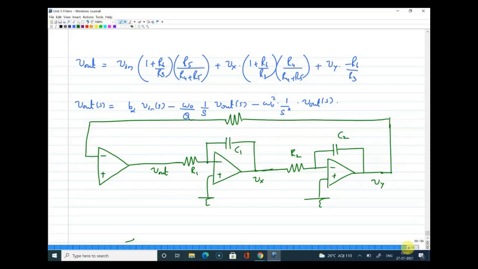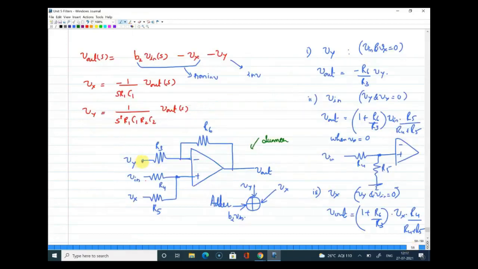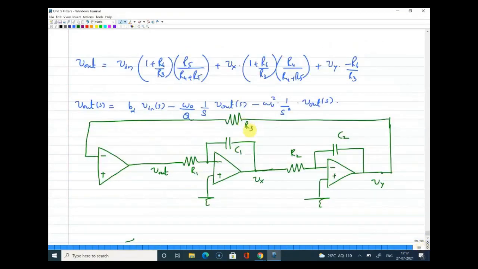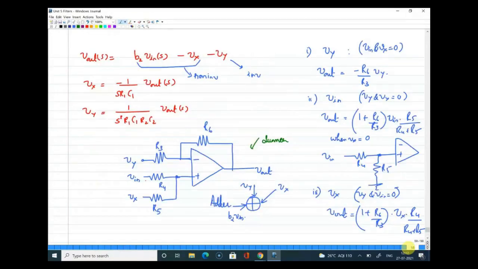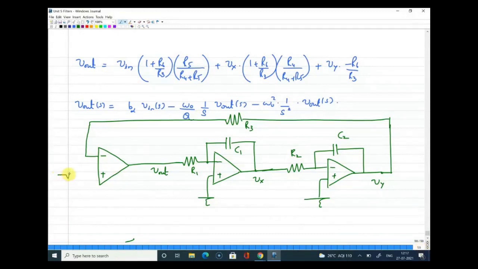Right. So what is that resistance value? Vy is coming to the input through a resistance R3. So this is called R3. Now what is the rest? I should get Vin as well as Vx through two resistors, R4 and R5. So one is R4, I will directly connect here. That will give you Vin. Then to the same point, I should connect Vx through another resistance, which is R5. So this should actually go to this terminal.